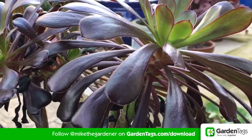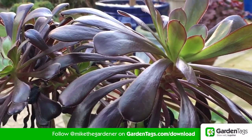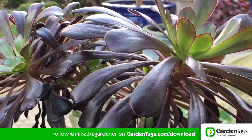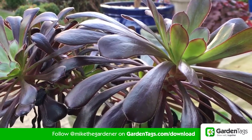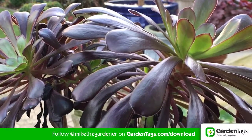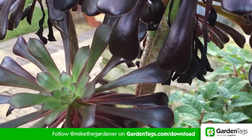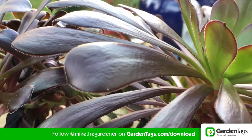This lovely Aeonium comes from the Canary Islands and Madeira. So in its native countries, it's perfectly capable of getting through the winter unaided. However, here in Dorset and throughout the UK, we obviously need to put something in place to get it through the winter. In its native country, it lives on the northern hillsides, so given that it's the northern hillsides, it doesn't necessarily have to be a bright sunny position. So I'm going to put mine in the greenhouse, but you could equally put it in a sunless north-facing porch